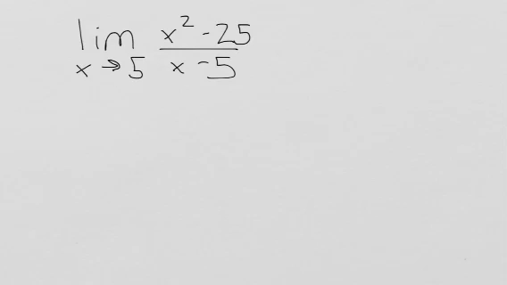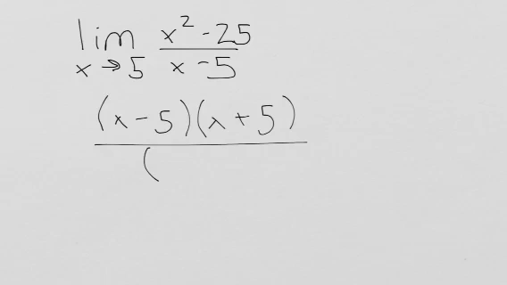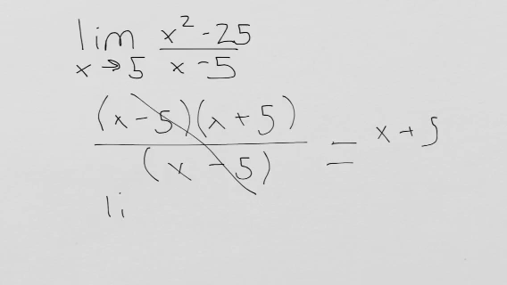So these are our first set of examples where we have the square on the top, different squares, and just the x minus 5 on the bottom. And these are the simplest of the three examples we're going to do. So you can just simplify that so you get x minus 5 times x plus 5 all over x minus 5. And then what you can do with that, cancel those. So you're left with x plus 5, and then the limit as x goes to 5 of x plus 5